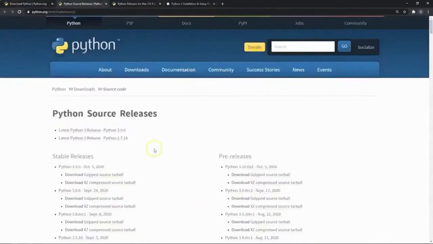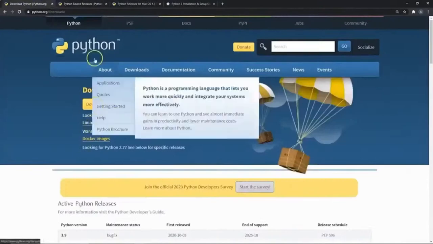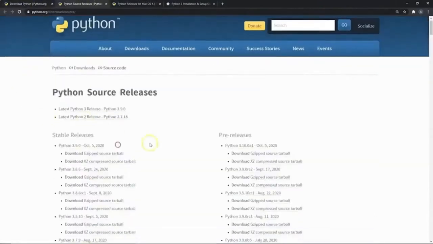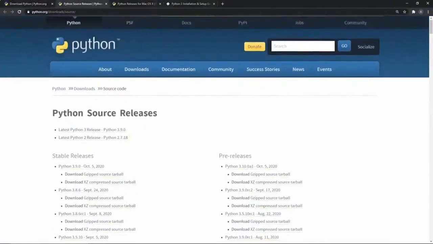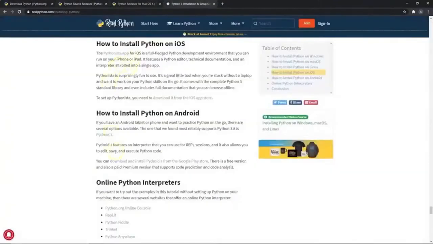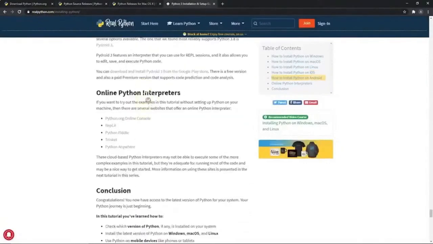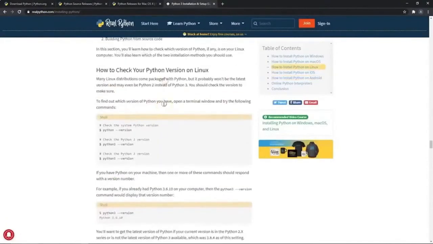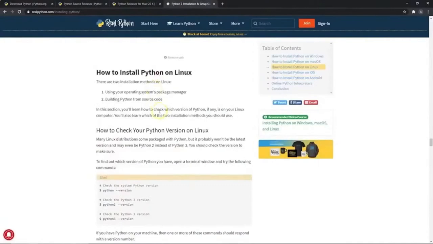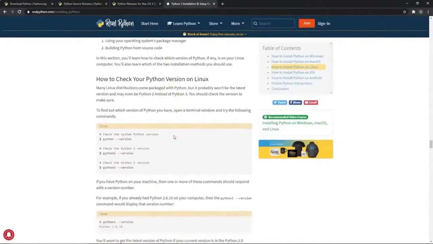There are certain commands that you have to execute, but essentially, again, if you would just choose the Linux option out here, it would take you to a page with different installers and essentially packages for Linux systems in specific. What I would recommend to you, if you are a Linux user and you need Python, is to go over to the realpython.com website, and they have very good instructions on how to install Python. And since I don't have a Linux system, I cannot directly show you how to install Python on Linux.